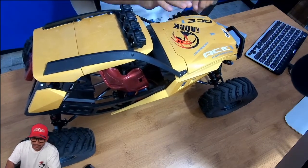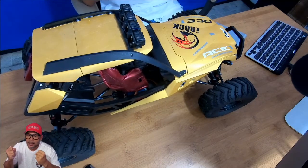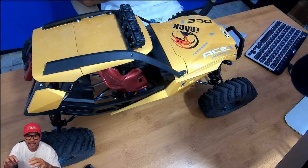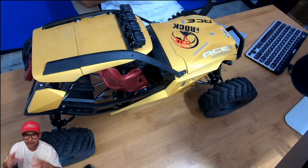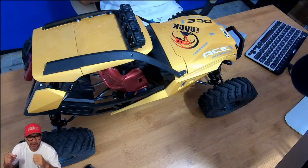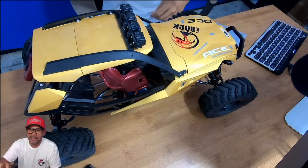And then, when you do a kit, it's hard, because you read the instructions, and sometimes the instructions are so vague, and you have to use your common sense to figure it out for yourself to make the RC run. If I have a difficult time building an RC and I can't figure it out on the first try, I'll get frustrated. And I can imagine people who try to build for the first time. That's why I do build videos, to help people out. And I was going to do a building series video on this RC, but